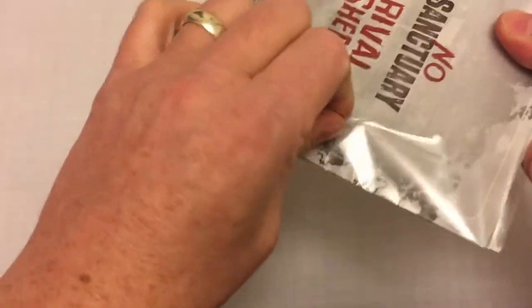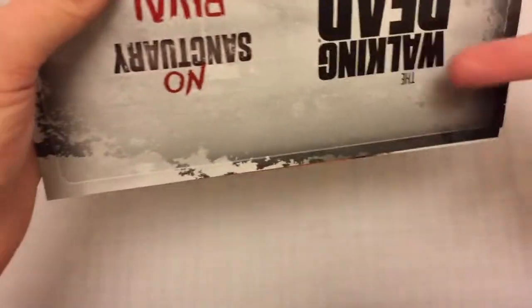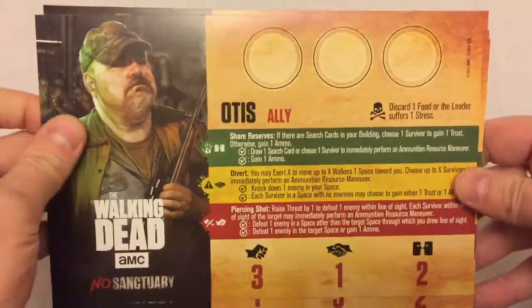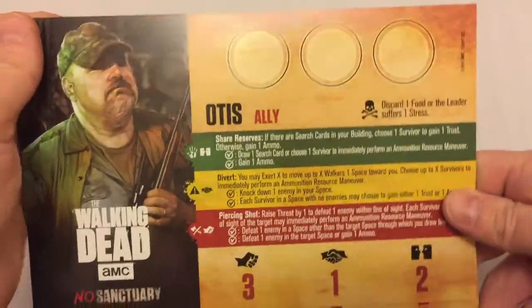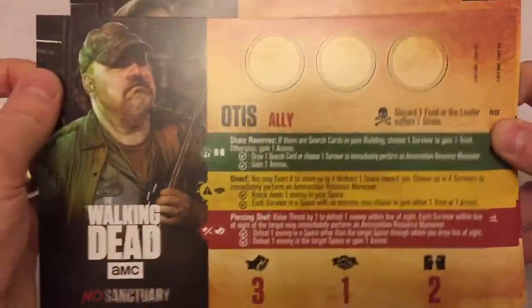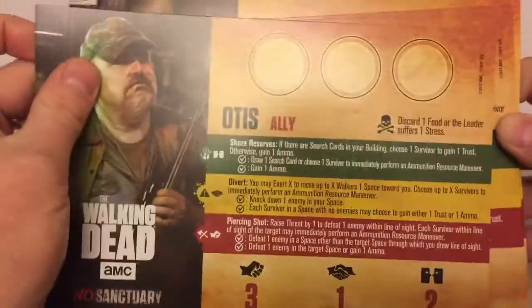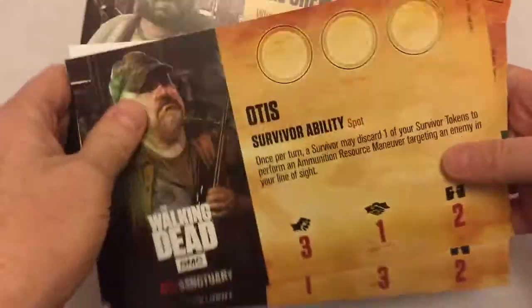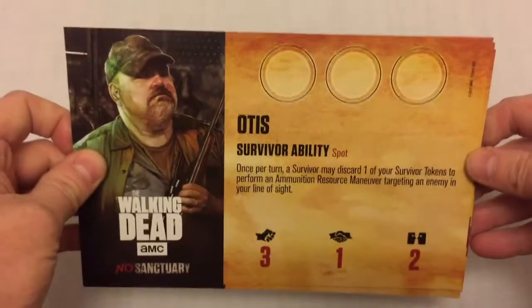So you get, let's open this up. Oh, I should warn you that I have actually already opened this expansion. I've taken a little look. I've tested hot water treatment on a couple of the bendy miniatures and that sort of stuff. So this isn't my first look at this stuff, but it is the first time I've taken these out of their packaging and stuff. So Otis. So that's the ally side, which I guess is for the single player mode or whatever, where you're